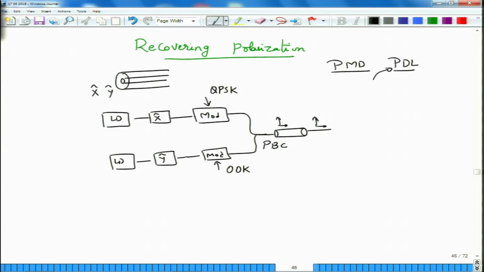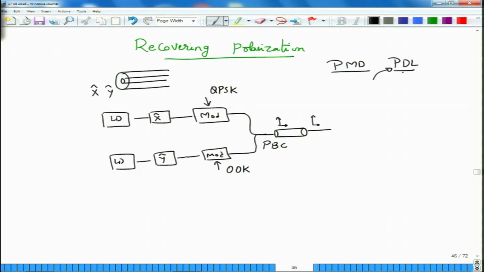What is this polarization dependent loss? That simply means that if the two polarizations talk to each other, even if they do not have a dispersion, but if they just mix with respect to each other, then the output power in one of the polarizations may be smaller while the other one may be larger. And whether the X polarization is smaller or the Y polarization is larger, and in fact how much smaller and larger, all these are statistical properties which makes polarization dependent loss something very similar to fading that you would encounter in wireless communication systems.